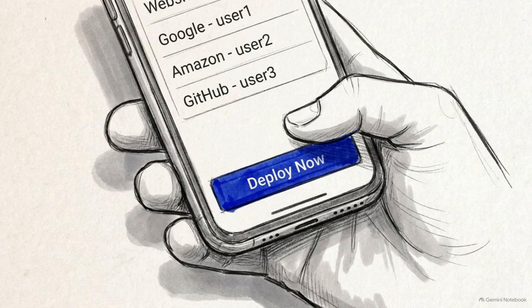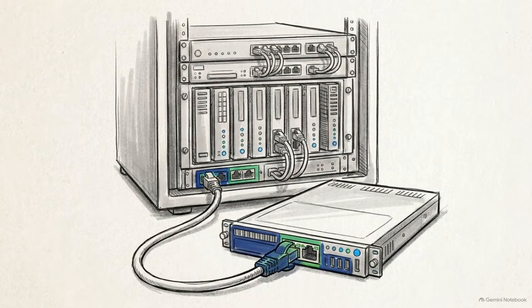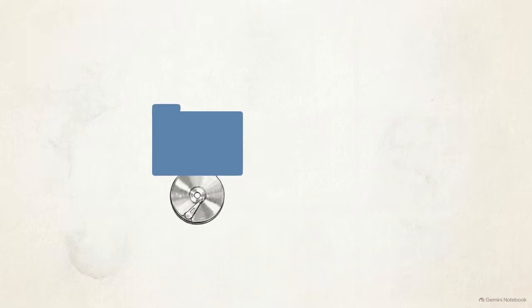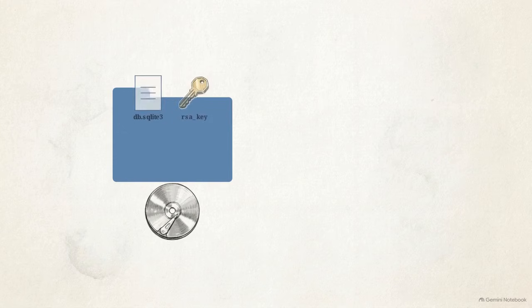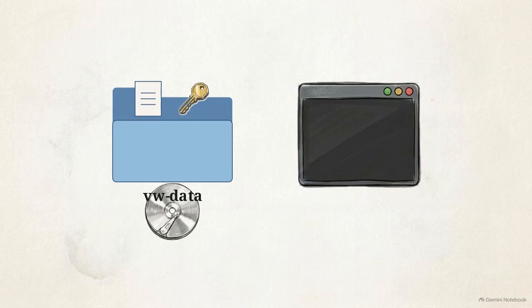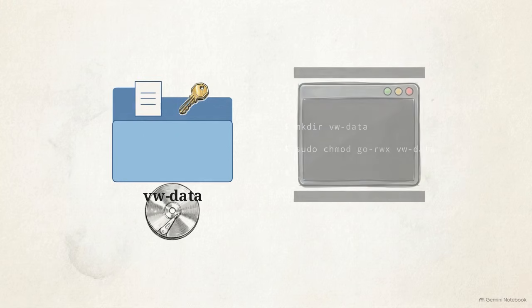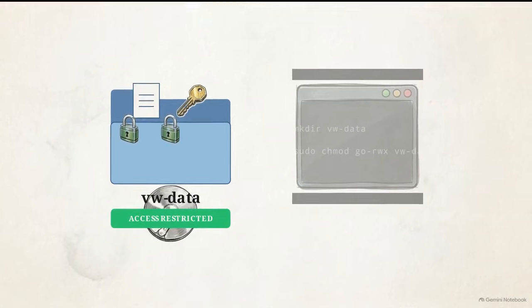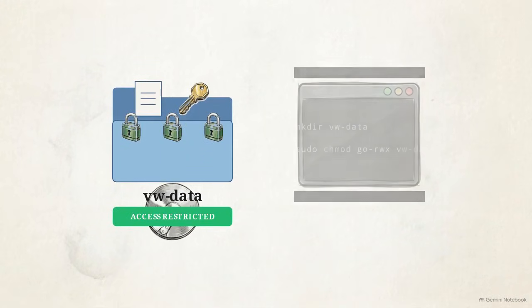Let's get to work. Step 1 is moving into the host environment to establish our secure data perimeter. We need to create a dedicated directory on the host machine. This folder will hold your SQLite database and internal encryption keys, requiring highly restrictive read and write permissions to isolate it from the rest of the system. Open your terminal and use the mkdir command to create a folder. We'll call it vw-data. Immediately follow that with chmod go-rwx to strip away access from unauthorized users and groups on